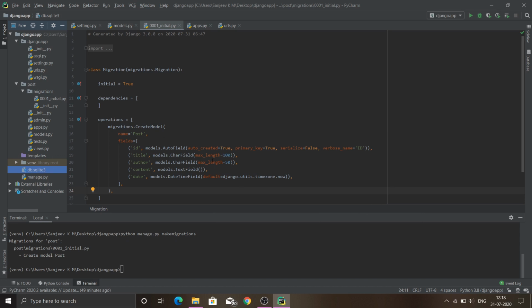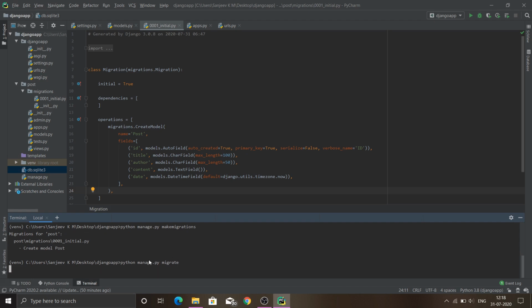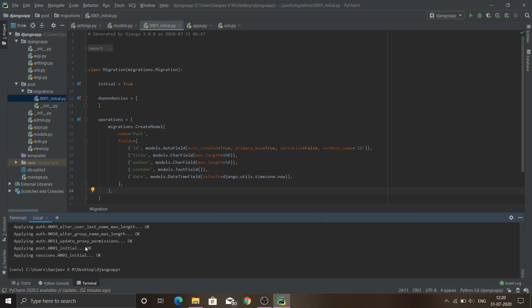In order to take all this data and put it in this db.sqlite3, there's another command in the manage.py file. You can just simply type python manage.py migrate, which will fetch all those migration files and apply them to our db.sqlite3. And as you can see in here, the 0001_initial file is also listed here. So we can confirm that this content is stored in our database. And that's it for this video, guys. We have successfully created one model and stored it in our database.